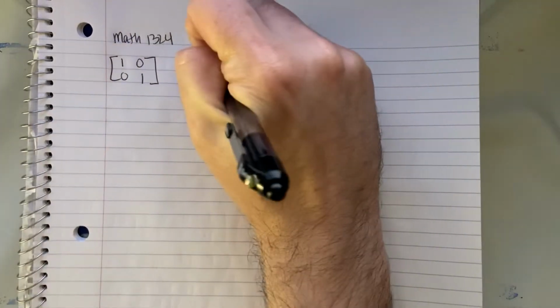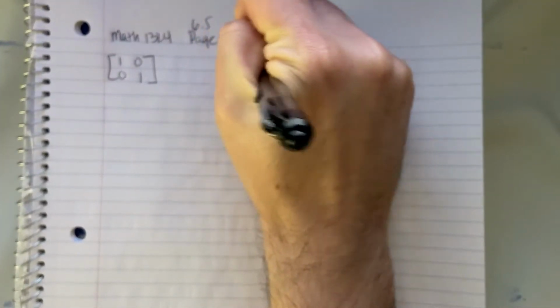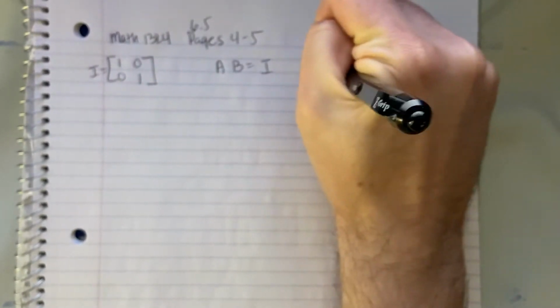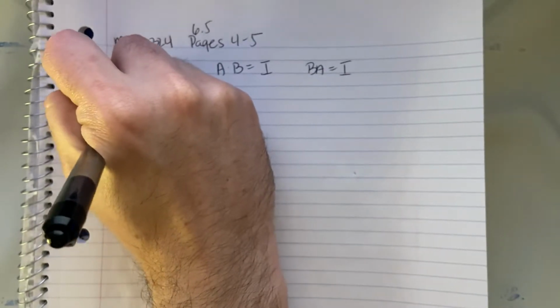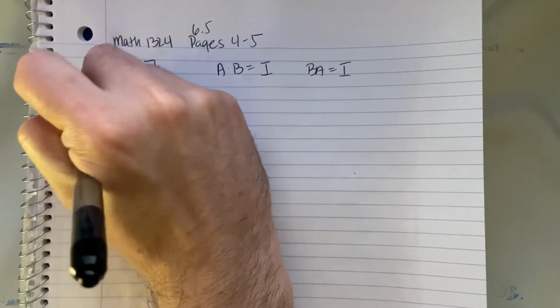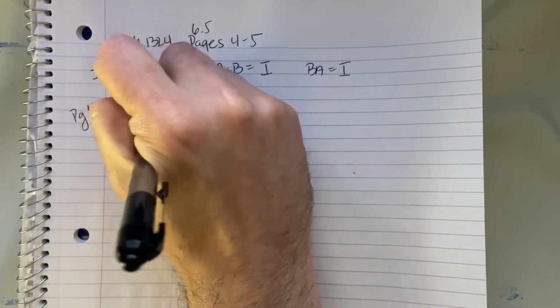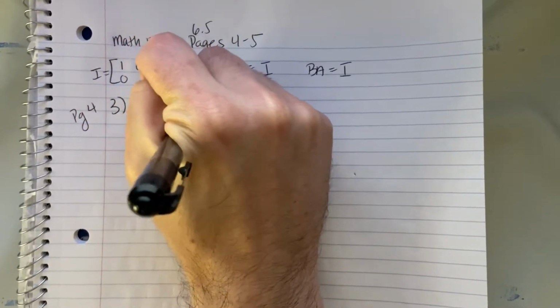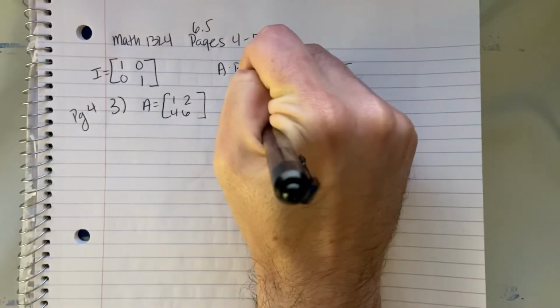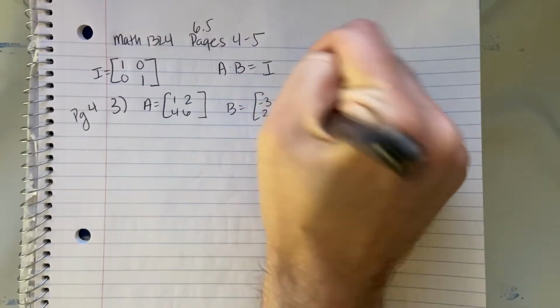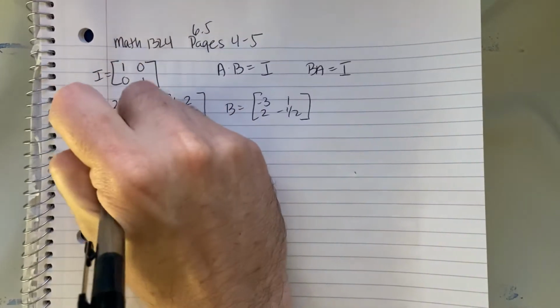So, when we're on page 4, and it says, given A and B show their inverses, I need to show that A times B gives me this identity, and B times A also gives me the identity. So now we know, and this is problem number 3 on page 4, A is 1, 2, 4, 6, B is -3, 1, 2, -1/2. So if I multiply A times B,